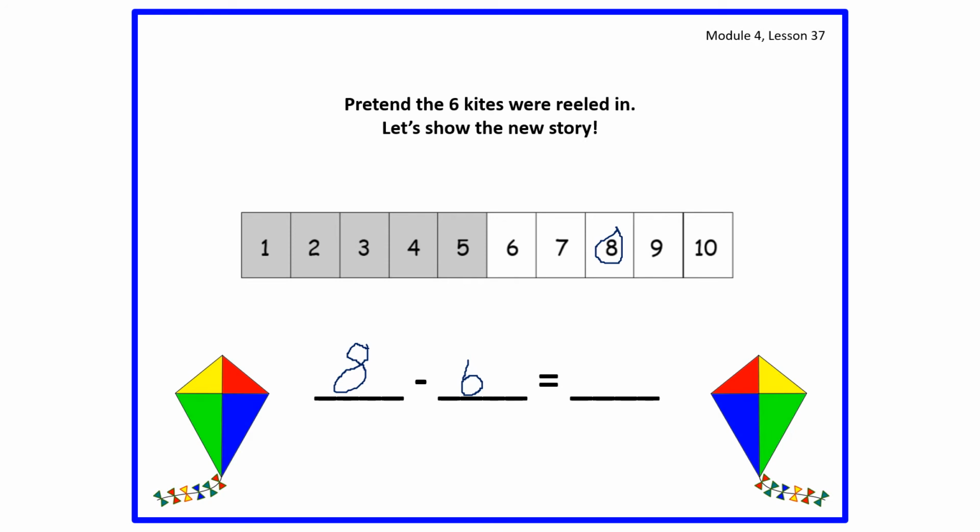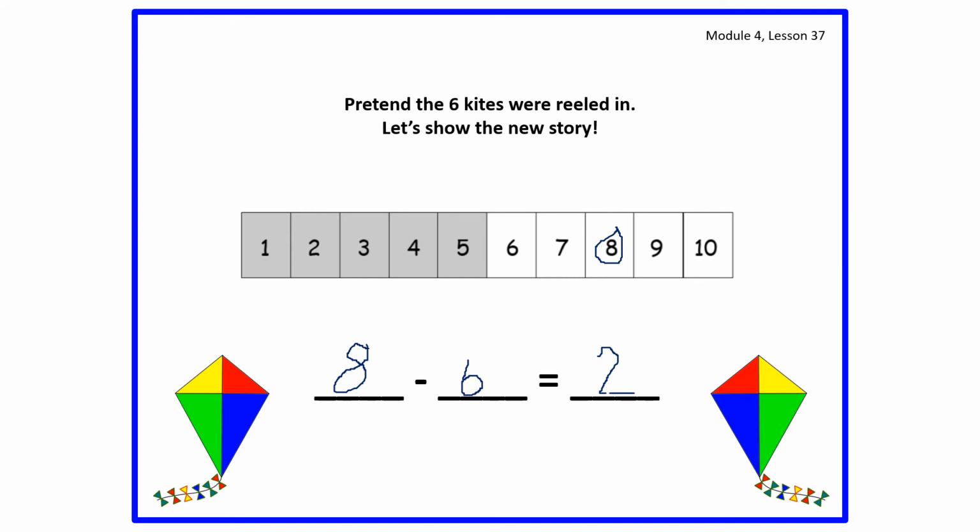So if there were 8 kites, I'm sorry. Show me 8 with your fingers. Take away 6. 1, 2, 3, 4, 5, 6. How many fingers do you still have left? 2? Really? Okay, so I'm going to write that down on the number sentence, but I'm also going to use